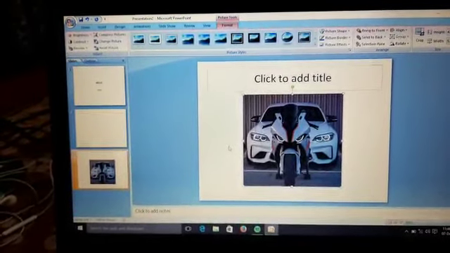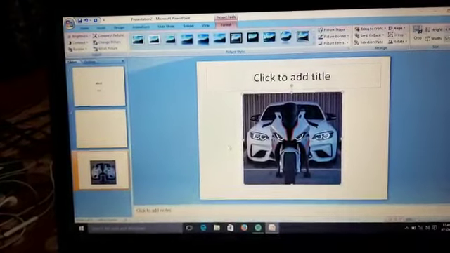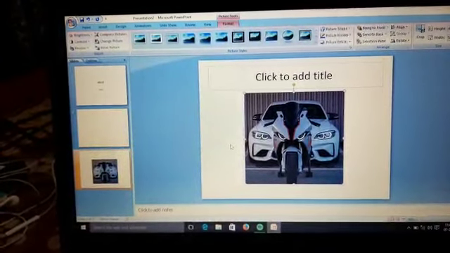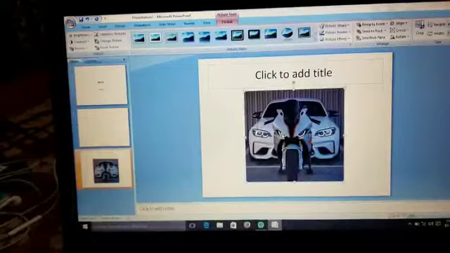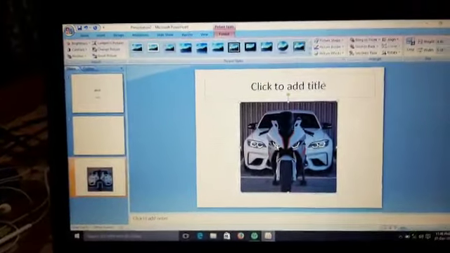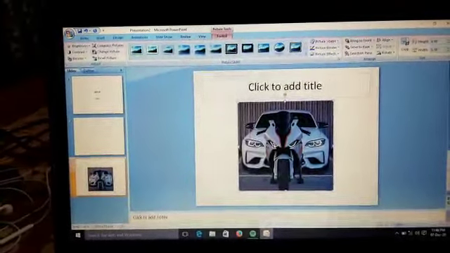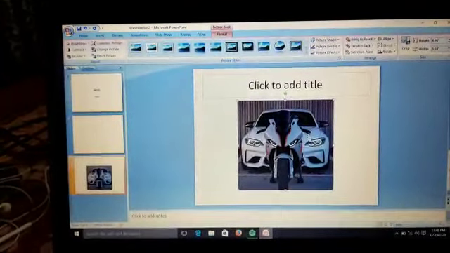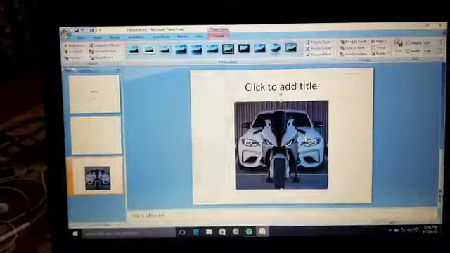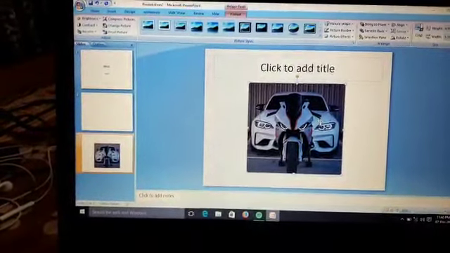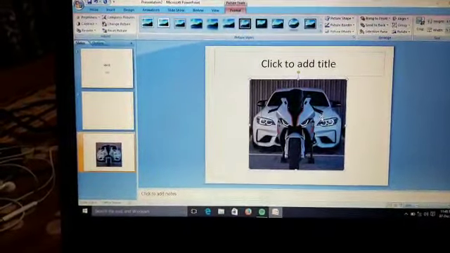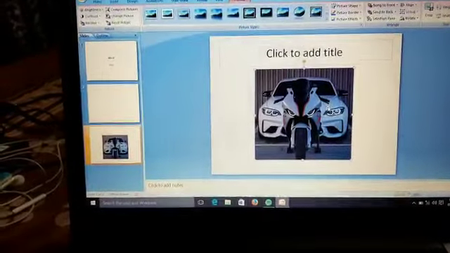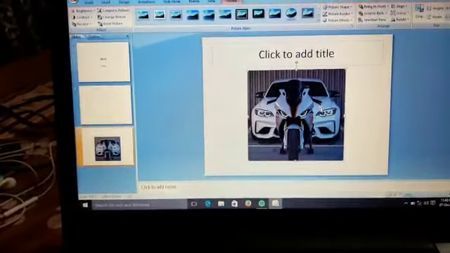The Insert Picture dialog box will appear. Select the folder from where the picture needs to be inserted. Then select the desired picture file and click on the Insert button. And then you will see the picture on the slide. This is the process by which we can add a picture to a slide.